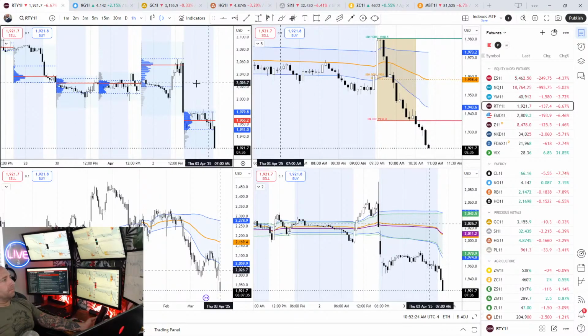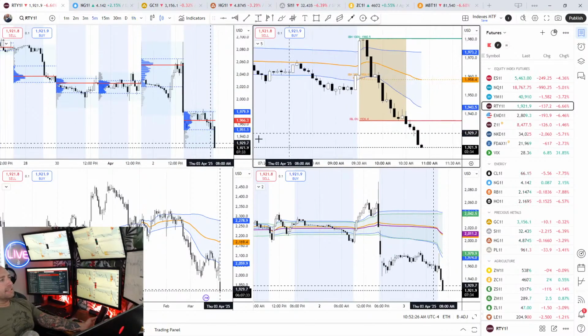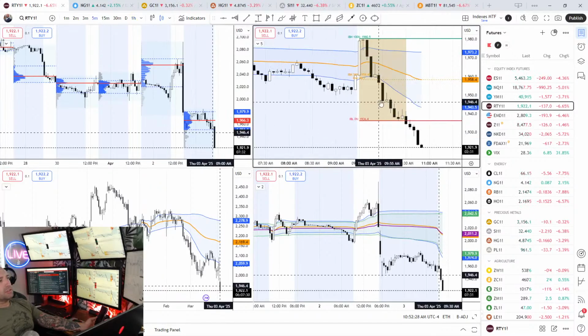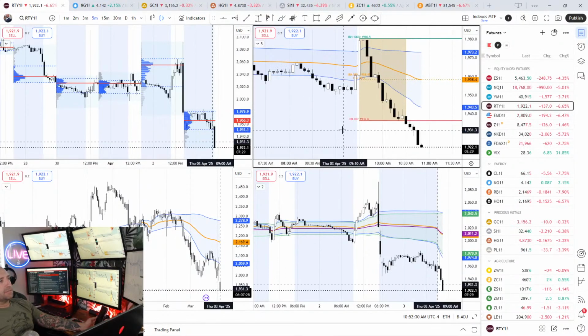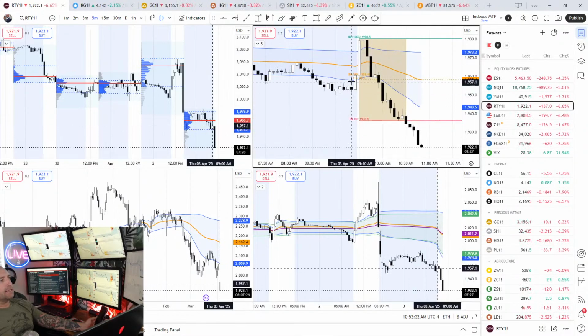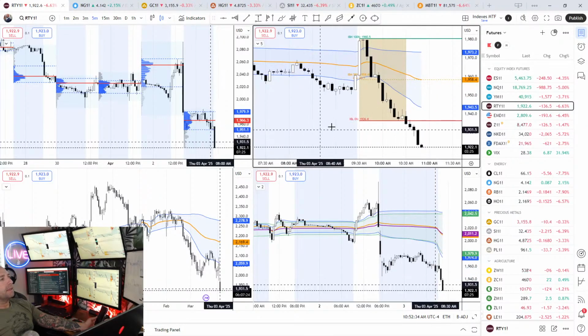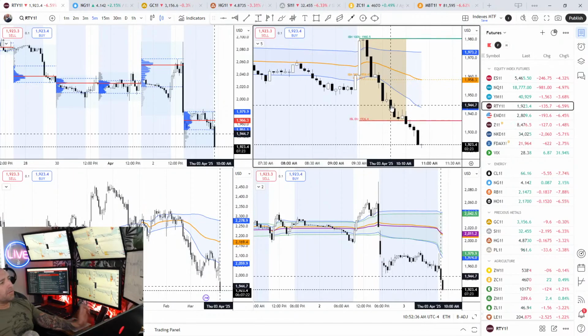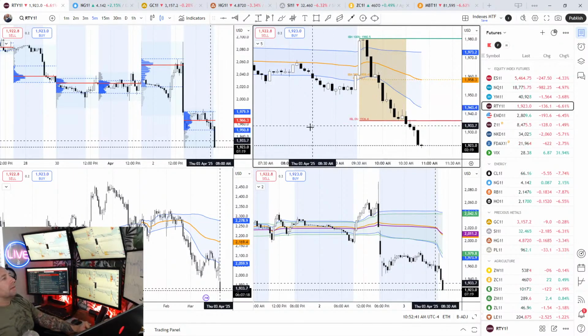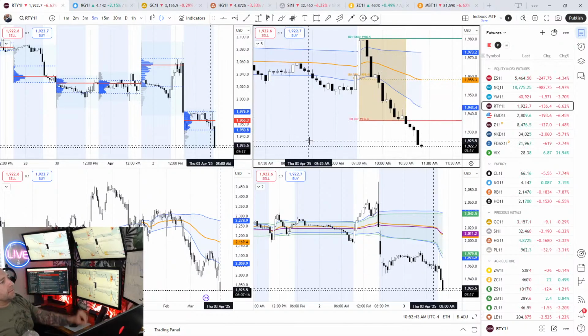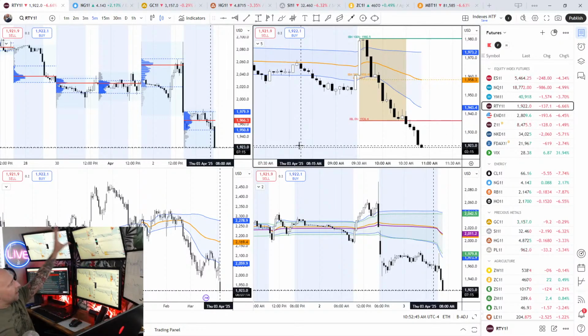So that's that. Right side here, this is just the 5-minute. This is kind of my execution chart. This is where I look for good setups for the most part. I have initial balance. I'll have the session VWAP on this chart. I don't have volume profile in this chart. I have it on all these charts here. So I have all the markets up here. And these I have a session VWAP and volume profile just in the session. I can see everything.